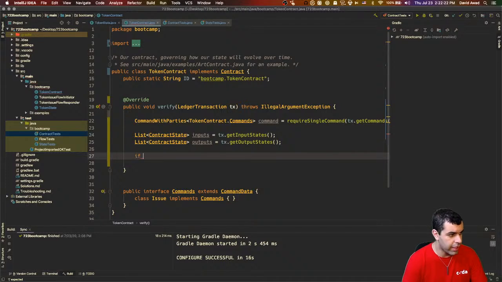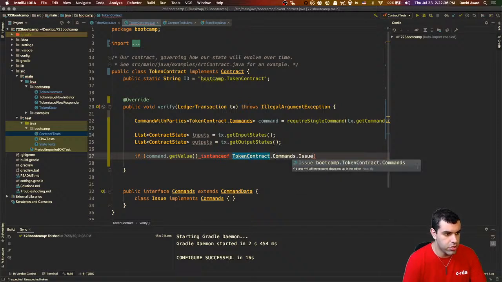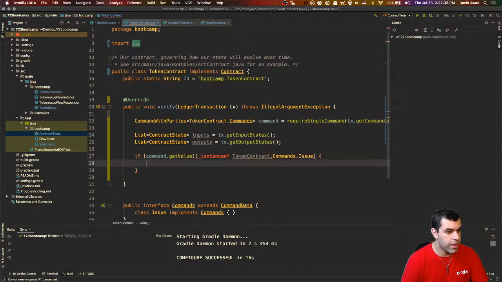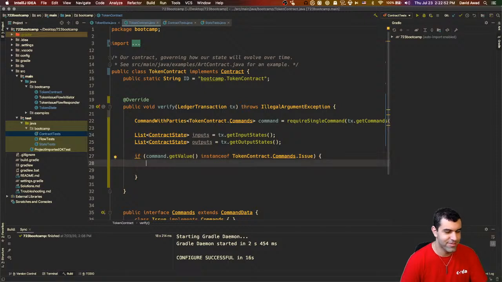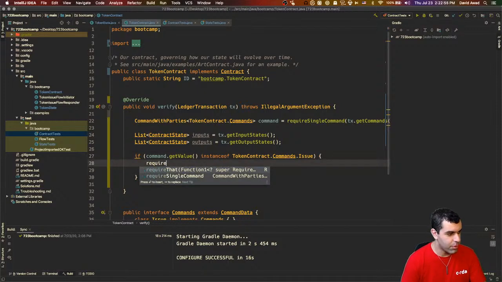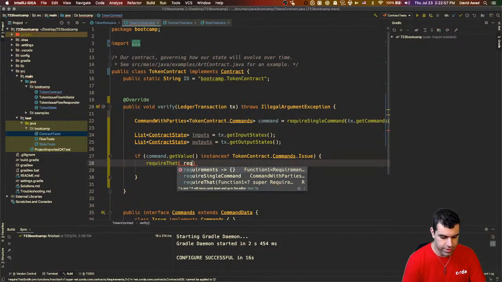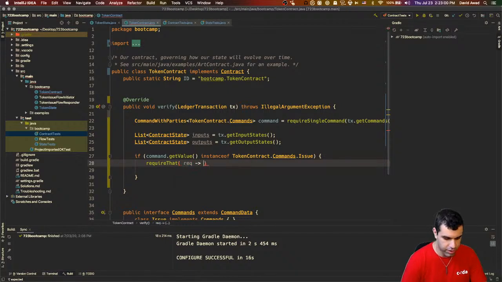And so we're going to do an if command.getValue is an instance of token contract.commands.issue, then we're going to require that and pass a function that takes a look at